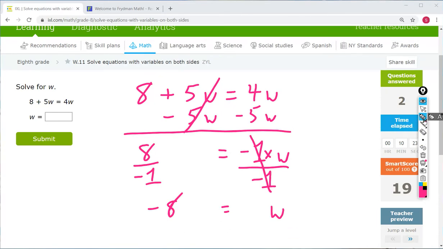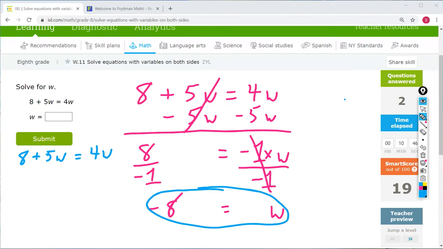Okay, I'm going to check this. I think this is going to be the last problem that I check on the side. You don't always have to do the check, but it's good to do the check to make sure that your answer is correct. So if I actually plug in -8 everywhere that I see a w,